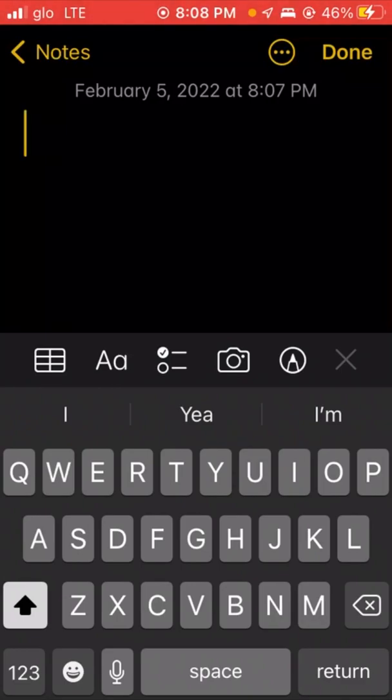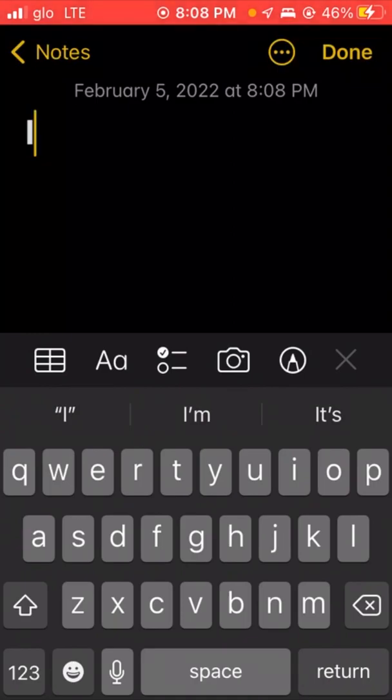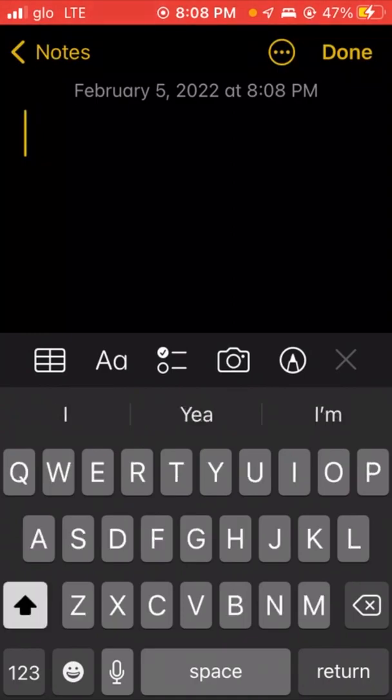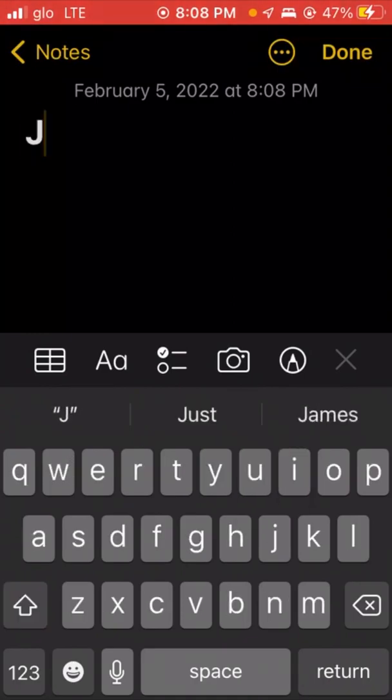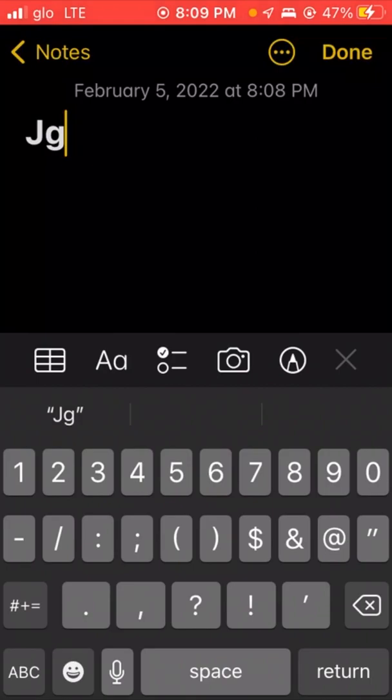Let me go by this. This is an uppercase. You can use maybe your first name and your last name, uppercase and lowercase. You can use any symbol. For example, let me go with this symbol, @